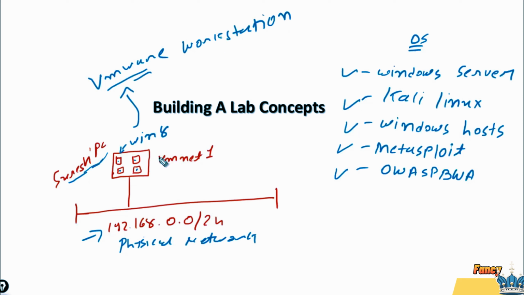So Suresh will create VMnet1. It's a virtual network of VMware Workstation. And VMnet1 is a virtual network of this VMware Workstation. So it will connect all the VMs to VMnet1. VMnet1 has a different network than 192.168.0.0. If Suresh wants to communicate from a VM to the physical network, he will create a bridge to the